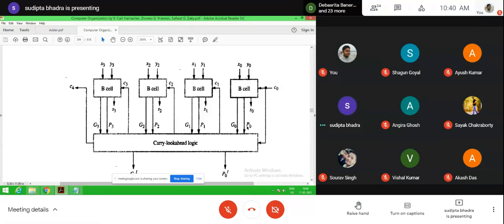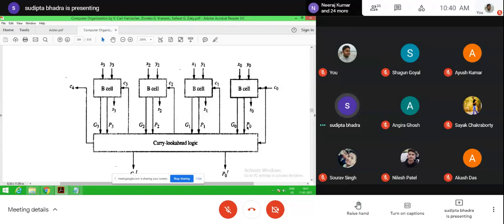What is the value of the G0 term? It is x0, y0. What is the value of the P0 term? It is x0 plus y0.